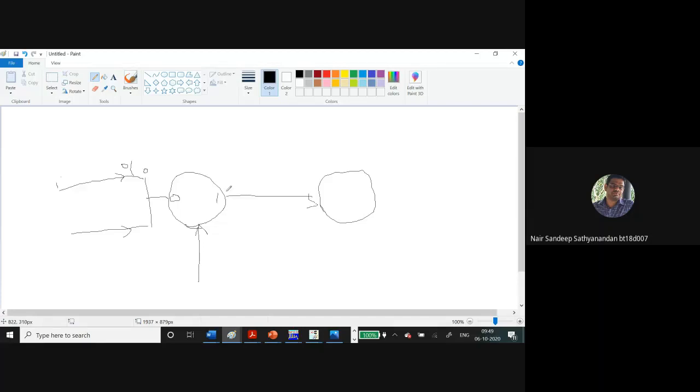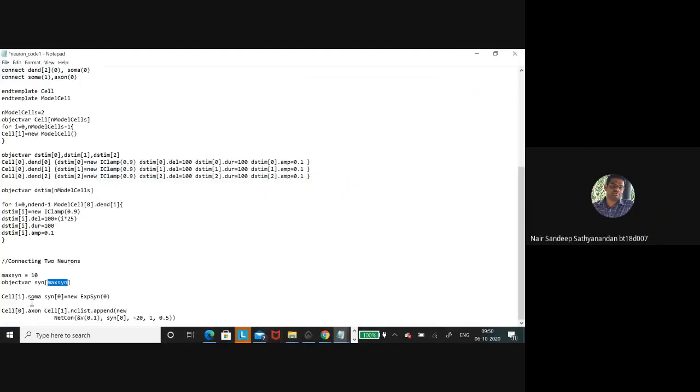So axon 1 of this neuron 0, and soma of the neuron 1. So define a synaptic variable, and then the target where you want to connect is the soma of cell 1, and then using what you want to connect, that is using the synapse 0, the first synapse.